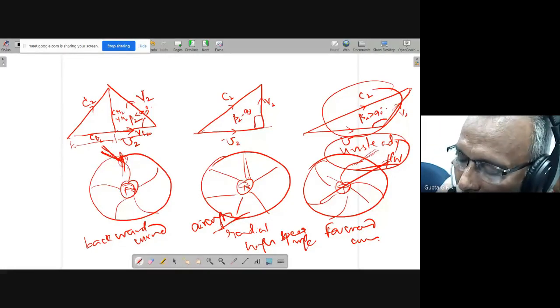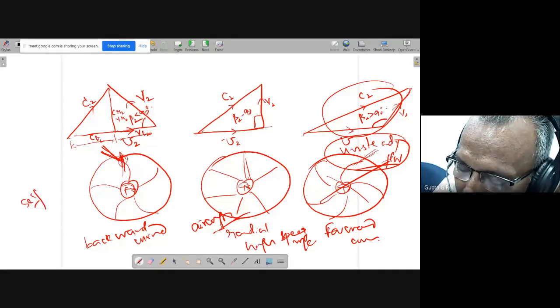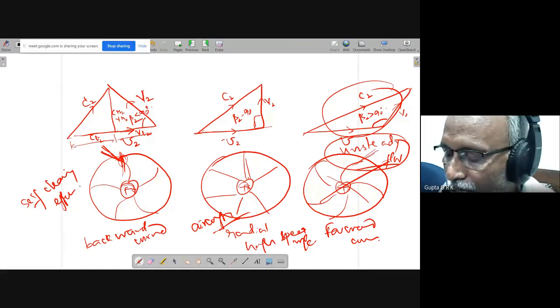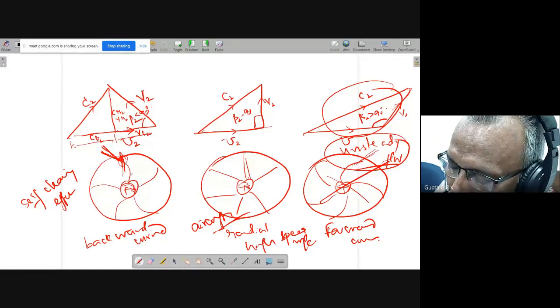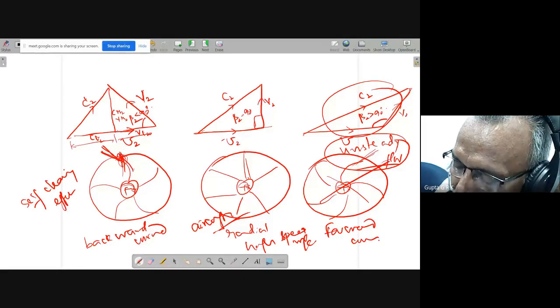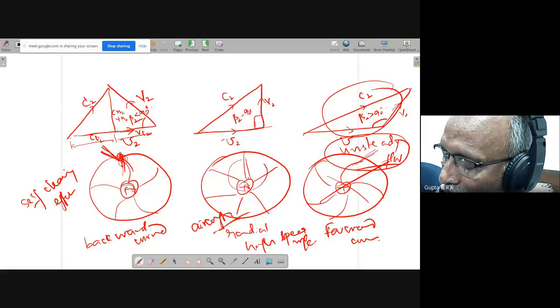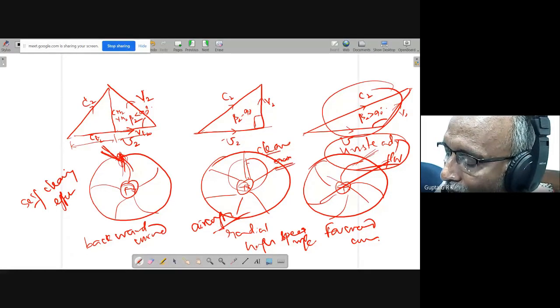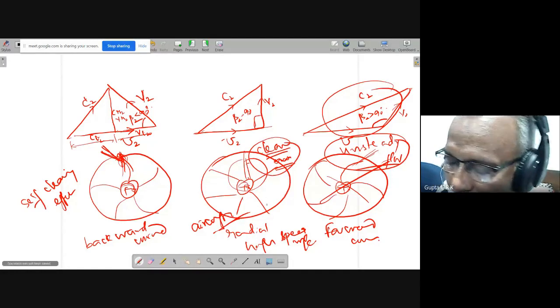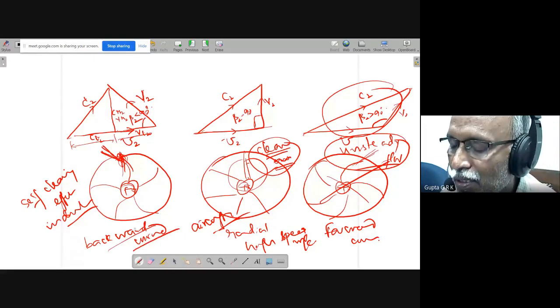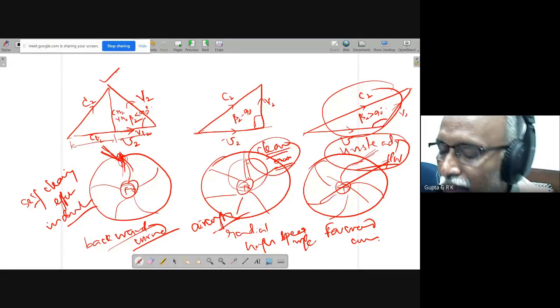And backward chord vanes have one advantage, which is a self-cleaning effect. If there is something muddy or dusty, because of the centrifugal force it slides over this and just goes away. But here it hits the mud and all, so it gets affected. So clean air is to be used here. Aircraft uses clean air, so I prefer it in aircraft. But in industrial cases, I use backward chord vanes. And so usually we have triangles like this.